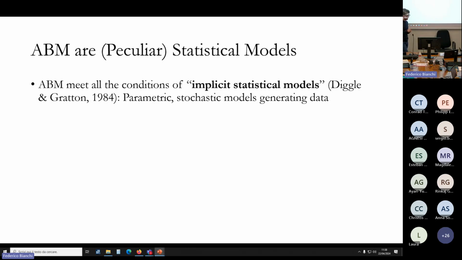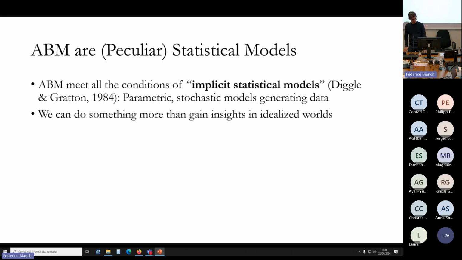characteristics. In particular, if you care about going back in the statistical literature, you have this nice paper from Diggle and Gratton in 1984, in which they describe what are called implicit statistical models, that are models that don't have tractable likelihood functions, so you cannot derive asymptotics as many statistical models do, but still they are parametric, so you have some parameters governing the outcome and the inference that you can make. They are stochastic and so can generate data. So you can, in theory, use them to actually test hypotheses in a more sophisticated way than you would do with standard